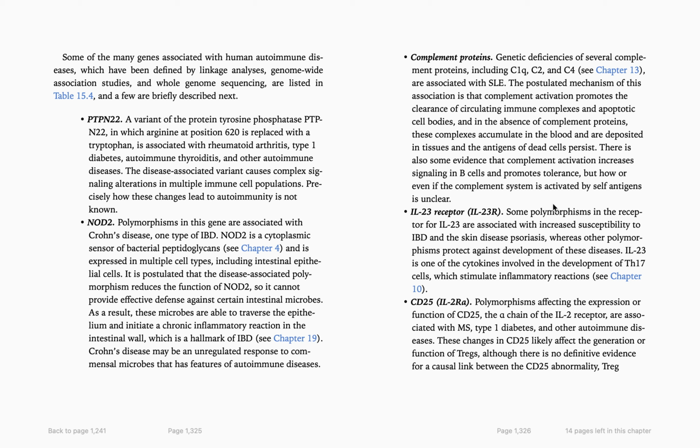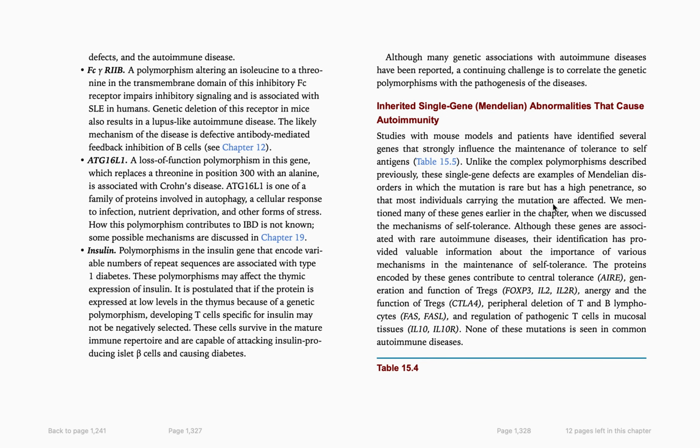CD25, IL-2R alpha. Polymorphisms affecting the expression or function of CD25, the alpha chain of the interleukin-2 receptor, are associated with multiple sclerosis, type 1 diabetes, and other autoimmune diseases. These changes in CD25 likely affect the generation and function of Tregs. Although there is no definitive evidence for a causal link between CD25 abnormality, Treg defects, and autoimmune disease,